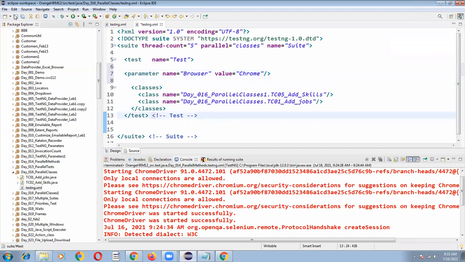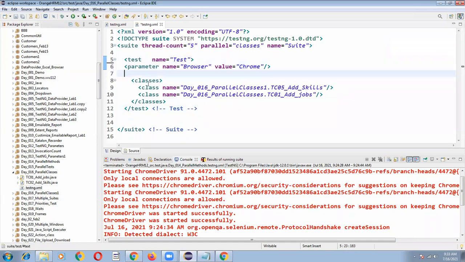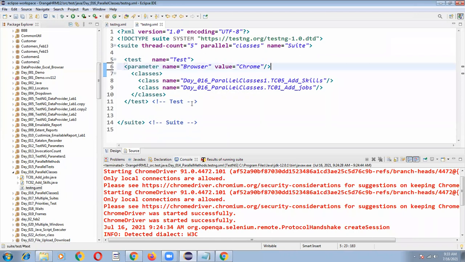So that means in a testng.xml, all your testng classes will be executed on which browser now? Chrome only. Because in the before test, you will write parameters, and we already discussed this. So this time your tests will be executed on which browser? Chrome browser only, each and every test case.